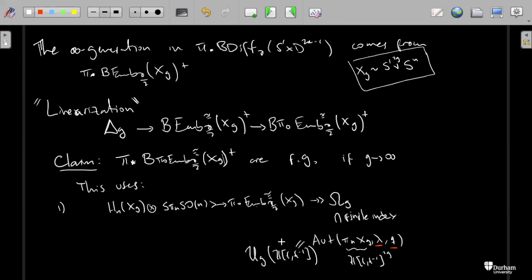And then the point is, again, this won't contribute much. If there were any infinite generation in this space, this won't be responsible for it. So one has to study this one here, and that's the second thing one has to analyze. So let me make a new page. The second fact is that the homotopy groups of B omega G plus are finitely generated. Again, G is supposed to be very large.